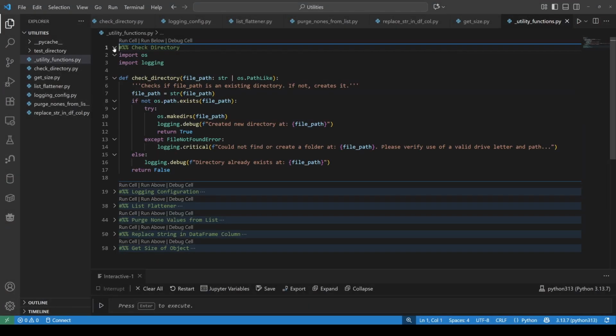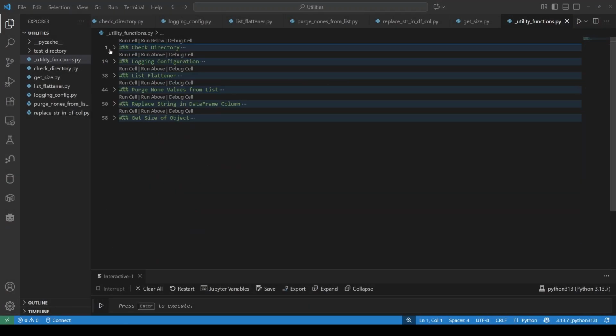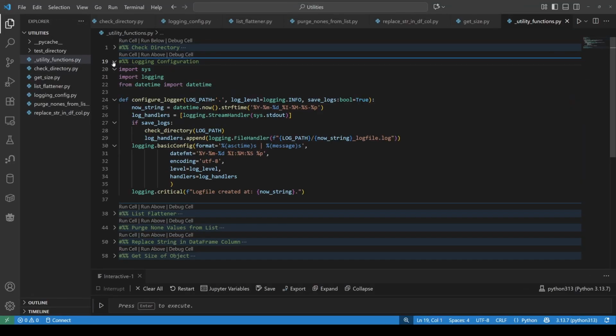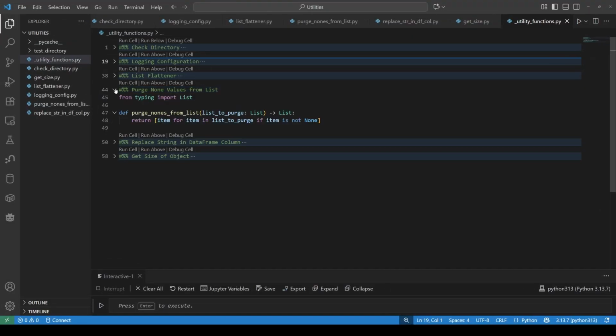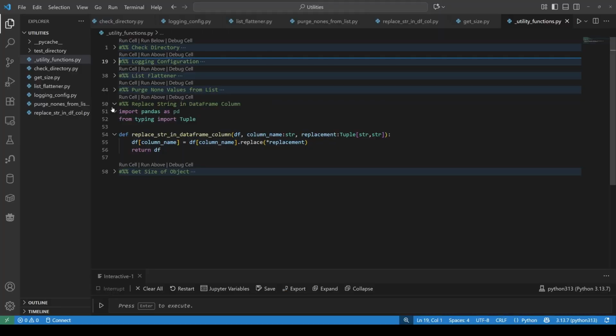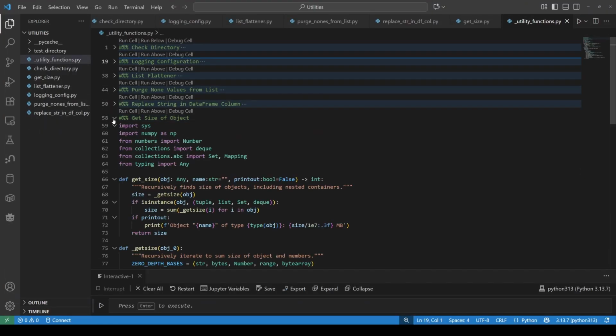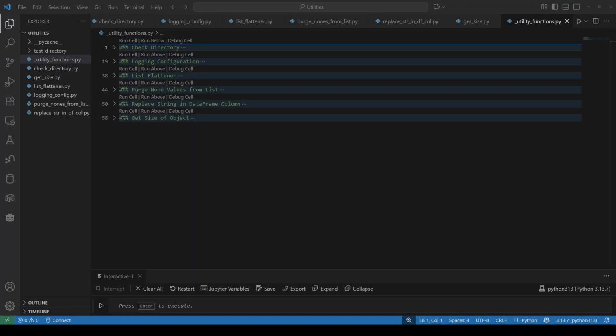One of the best ways to become a better Python developer is to get your reps in. Every time you solve a problem in a new way, you're improving your skill as a developer. That said, if you're not developing reusable functions that will work across multiple projects, you're probably wasting time solving the same problem over and over again. Developing your own library of universal utility functions is one of the best ways to level up as a Python dev. And in this video, I'm going to walk you through 6 of my most used utility functions to give